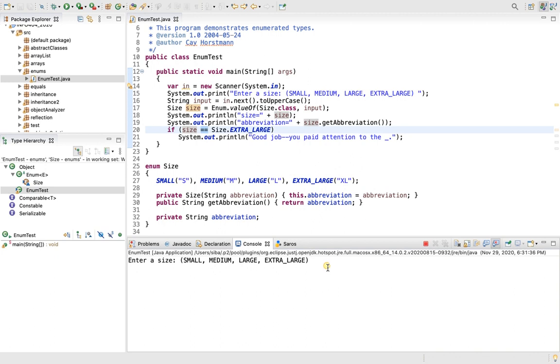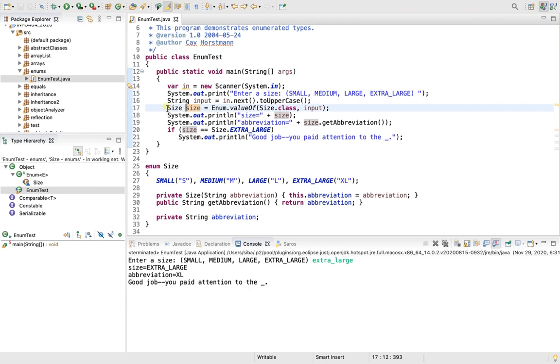And let me this time enter extra underscore large, and the size is equal underscore large. How did it print the size? Size equals size enum value of size.class and the input read, which is the string extra large transformed into capital letters, and then it